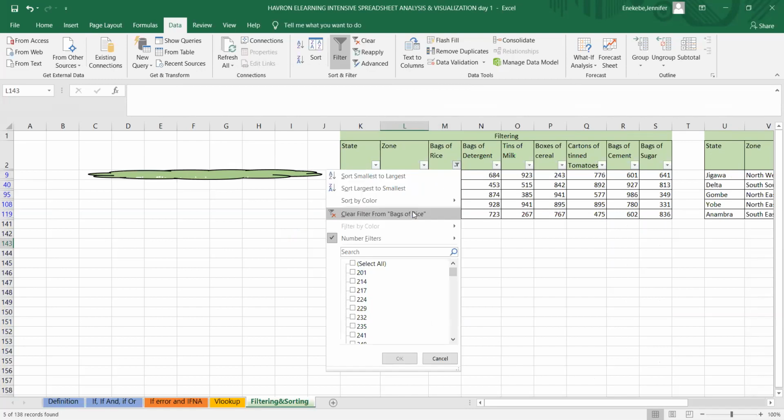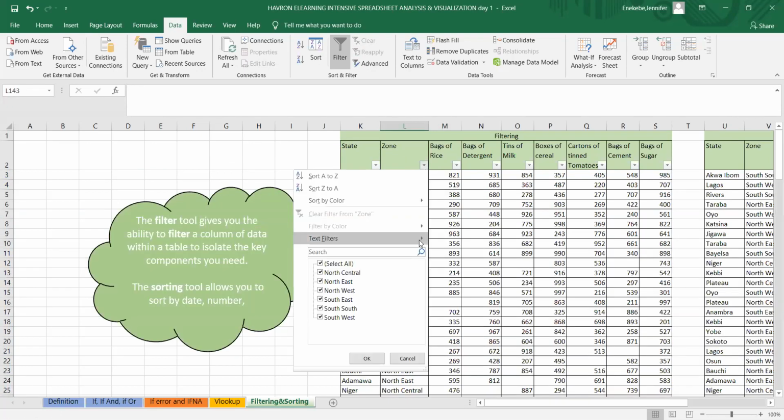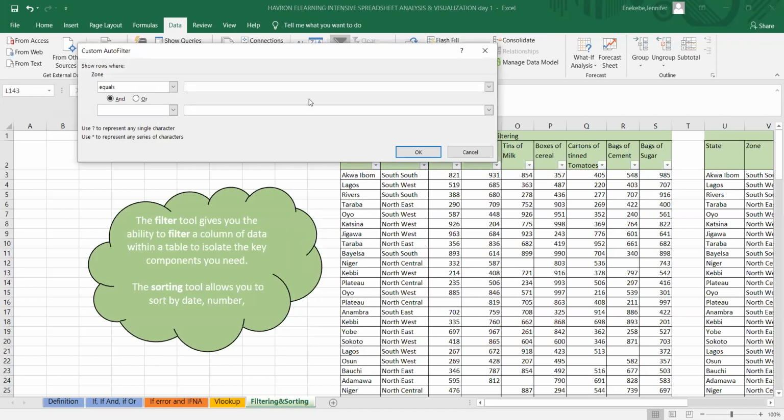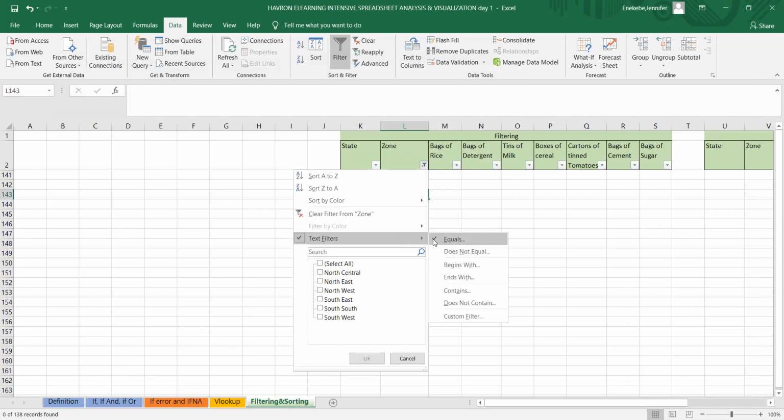Let's try using this advanced filtering in words. So in advanced filtering, you can say a word equals to, let's say, north. It doesn't show anything that equals north because we don't have north per se as a standalone word. So we could say